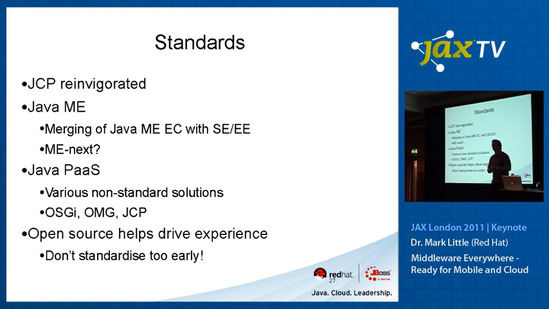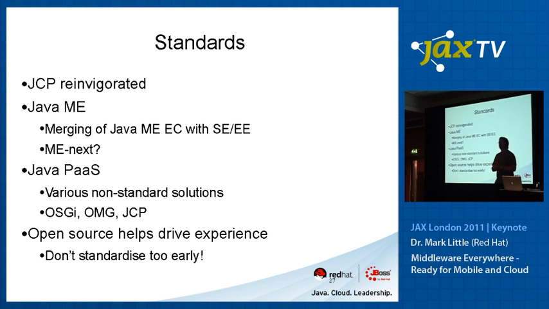JSR 348, which was just accepted about a week or 2 weeks ago, makes some minor changes to the way in which the community process works, and we're now moving on to a next version of that to make even further changes. Oracle at Java 1 announced that they want to merge the Java ME and EE/SE executive committees,